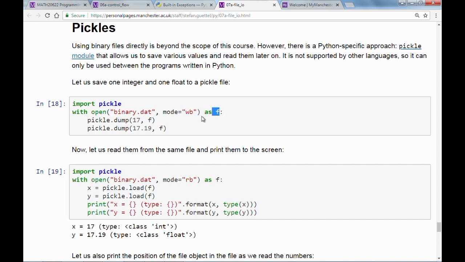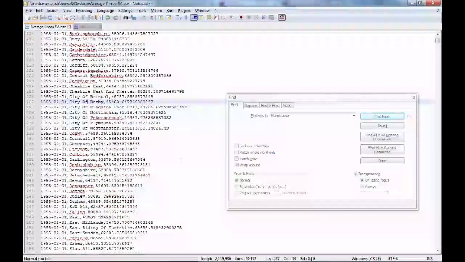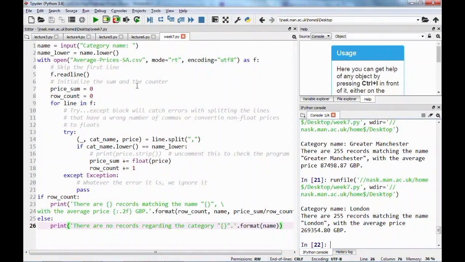Now, in order to save stuff to a binary file, we have the function pickle.dump. What it does is it takes a variable, in this case 17, that's just the value to be written to our file, comma, and then the file object identifier f. So this is going to dump the value 17 to the file f. And the second line is going to dump the value of 17.19, which is a floating point number, to f as well. So let's try this out